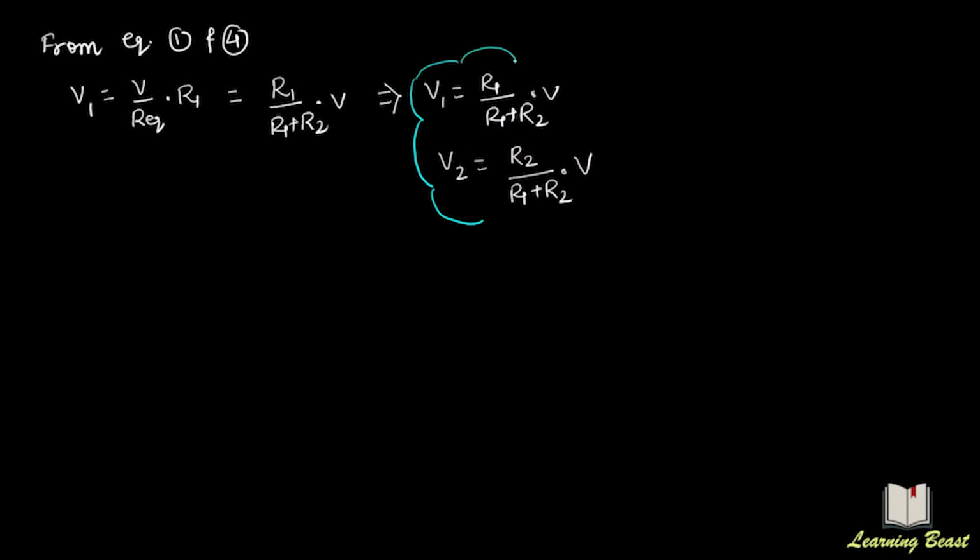So if we have to calculate the voltage across any resistance, then the voltage across that resistance will be equal to the value of that resistance divided by the sum of all the resistances in series into supply voltage. If n resistances are in series,